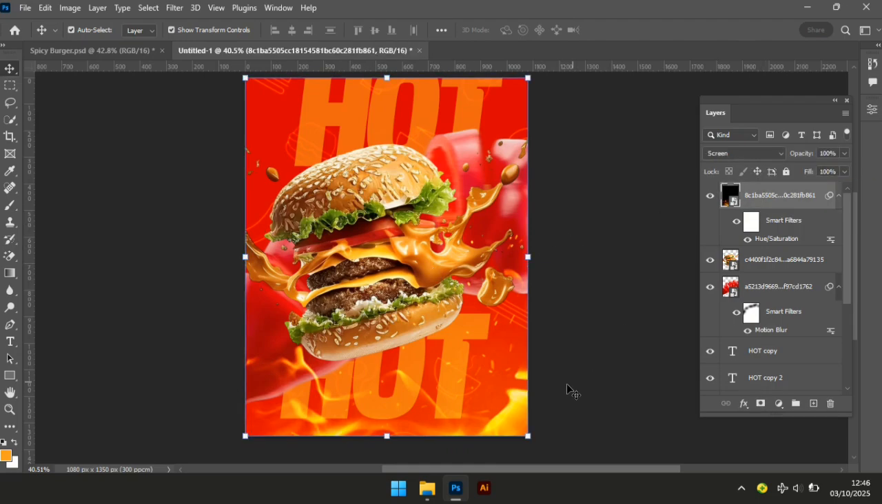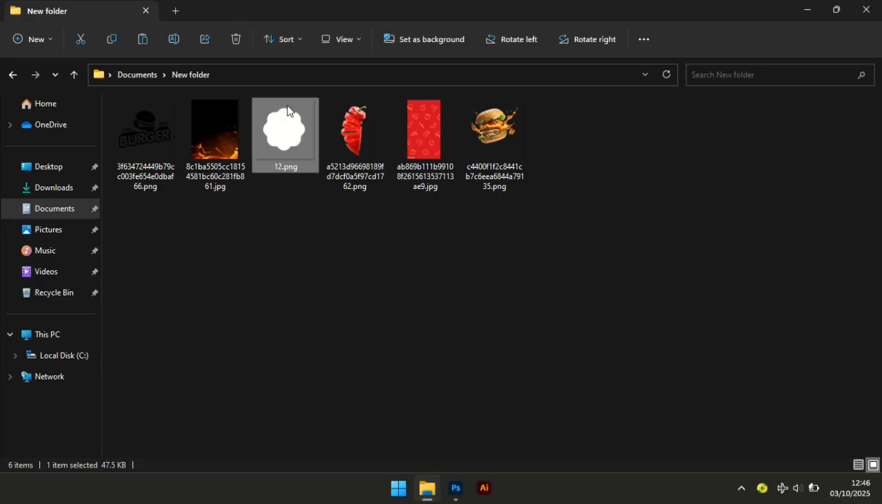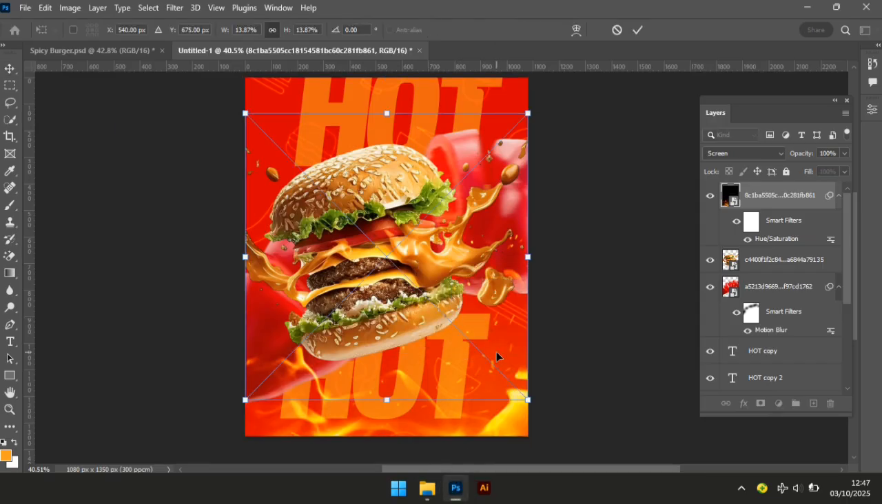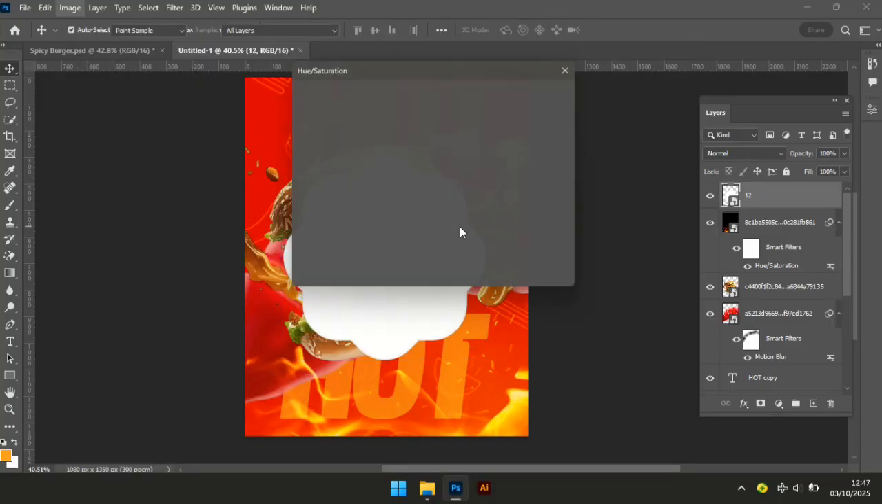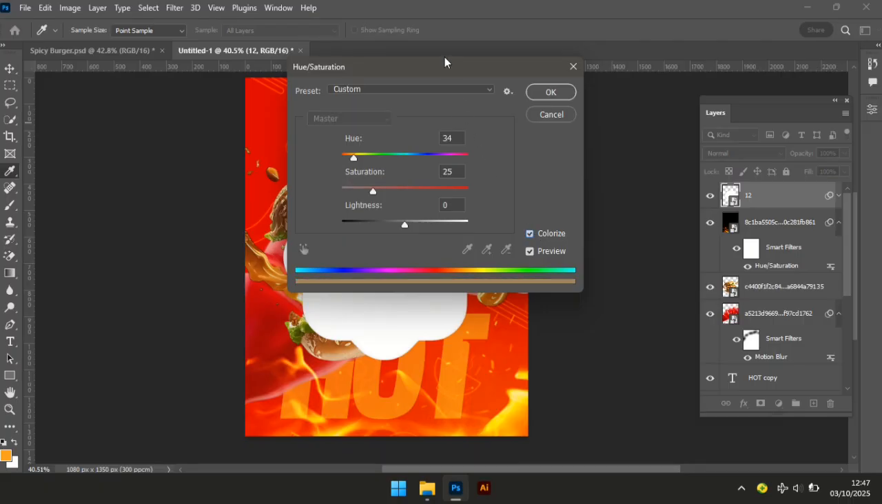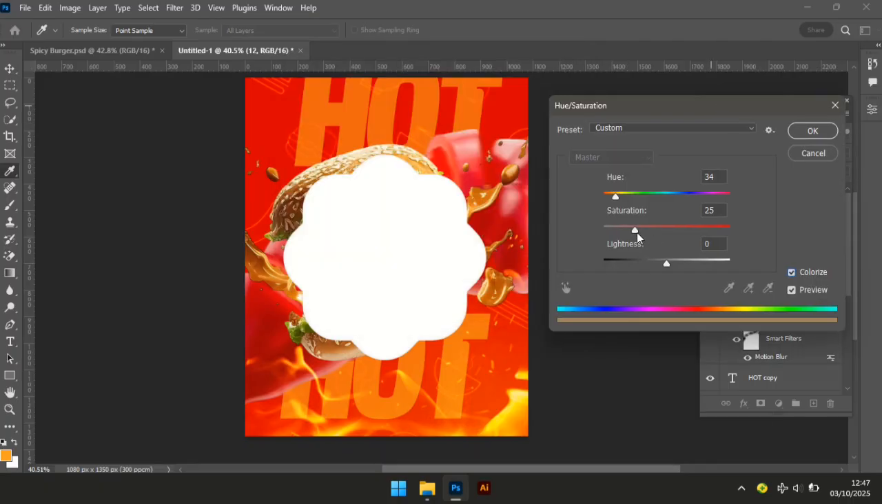So then after doing that, I'm going to bring in this custom shape. Yeah, I'm going to change the color. I'll select colorize, then set my saturation to 200, and then my hue to 61. I'm still going to adjust this lightness, it's not bringing out the color, so I'm going to drag it backward